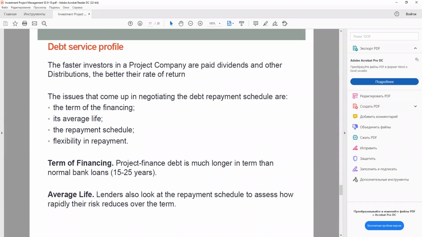So let us switch again to the Excel. We have this table with the average life calculation with construction period. So there are 3 ways of dealing with this. First, ignore the drawdown period and look only at the average life of the repayment. And the second, add the whole drawdown period in a calculation of the average life of the repayment period.